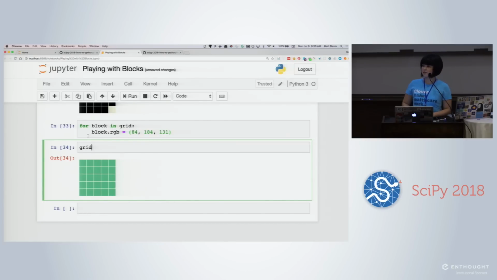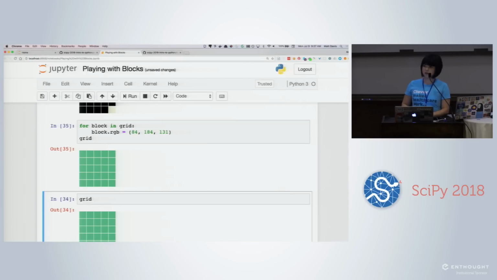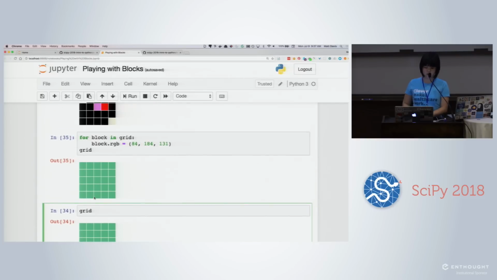Yes? So is there a syntax where you can put grid after your for statement in your line 33 such that it shows up grid with a single execute? Are you saying that you want it to show at the end? Yeah, like after you get your block.rgb statement, what would be the syntax to add grid after that to have it show the grid and you just hit shift enter once instead of having to go down to something and type grid? I think I can do it just here. Do you mean like this? Precisely like that, but when I did it, it didn't do that. Oh, I'm sorry. Yeah, so I just did that to put it in a separate block, but you can totally put more code